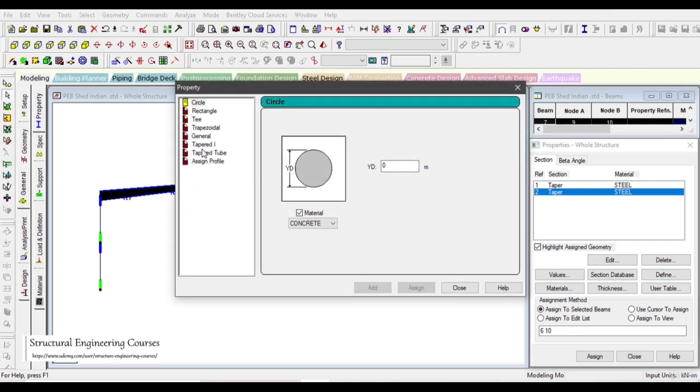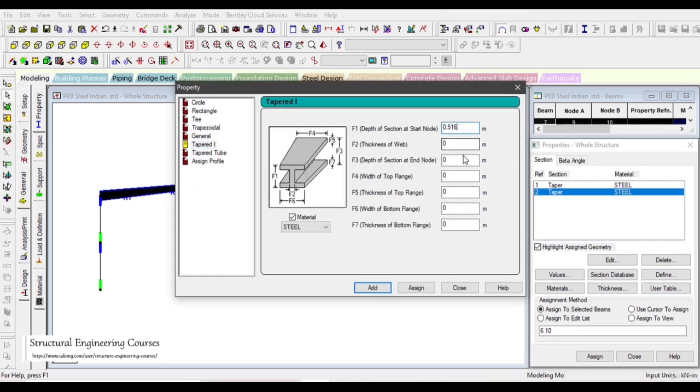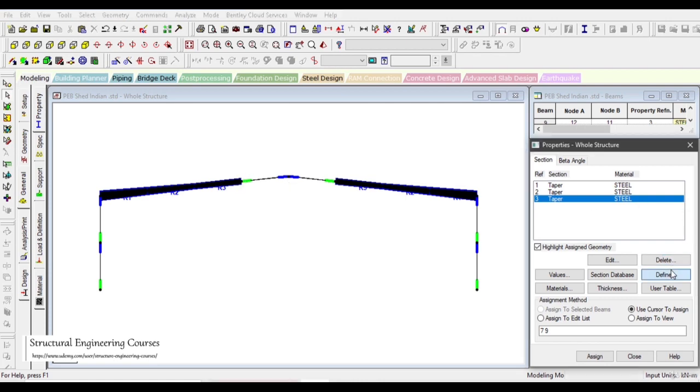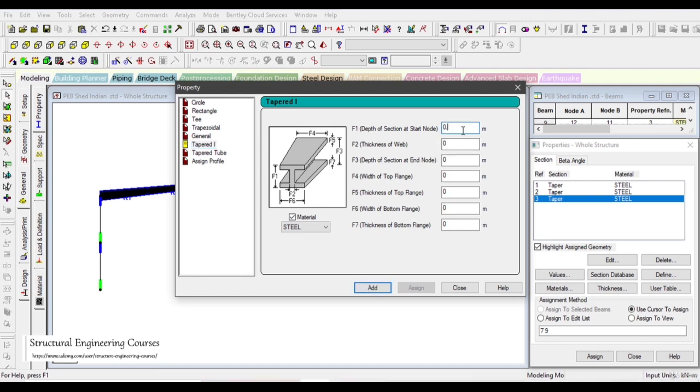So again we go to define, tapered I, depth of section at start node 0.516, thickness of web 0.008, end depth 0.616, width of top flange we can enter 0.25, 0.016, 0.25, 0.016. So now the depth has increased from 500 mm to 600 mm here. If you want to increase depth from 600 to 750 mm here, again we need to go to define, tapered I, and 0.516 to 0.766, thickness of web 0.008, width of top flange 0.25,